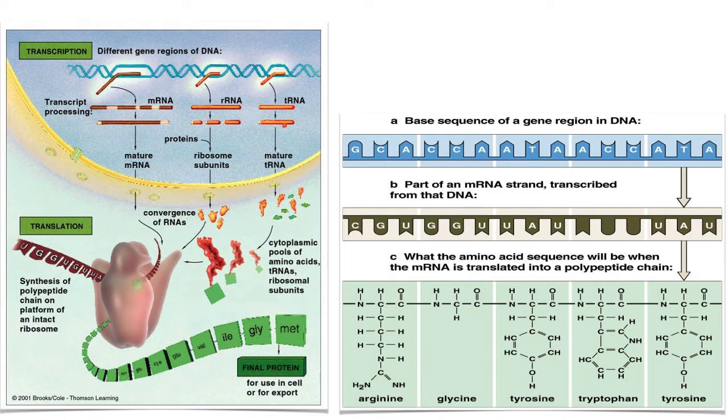So each amino acid were read in a code of 3 sequence of nucleic acid. Okay, so some amino acid can be coded in a different way. Okay, so if you see that example, we have arginine, glycine, tyrosine, tryptophan, and tyrosine. Okay, so this gene would code for the protein, and it is a basic unit of heredity that determines the nature of inherited trait. So by knowing all this,